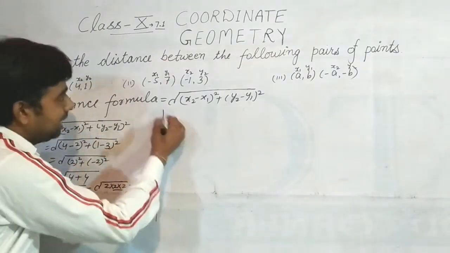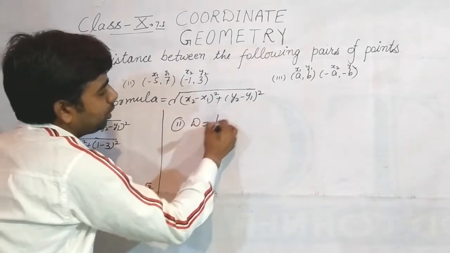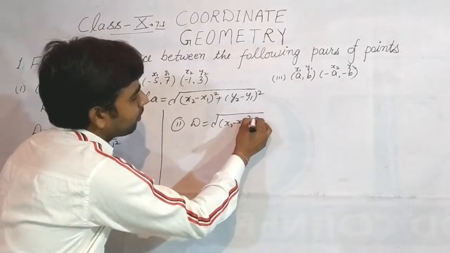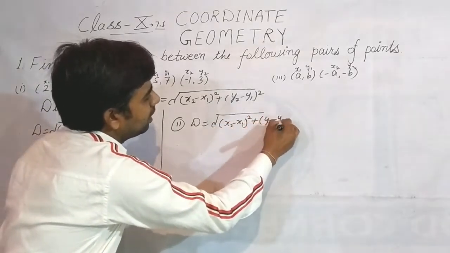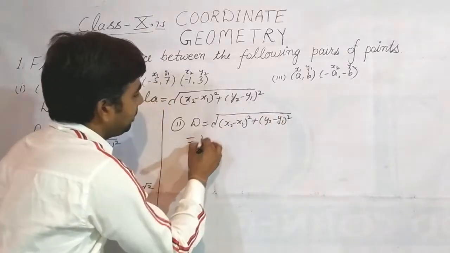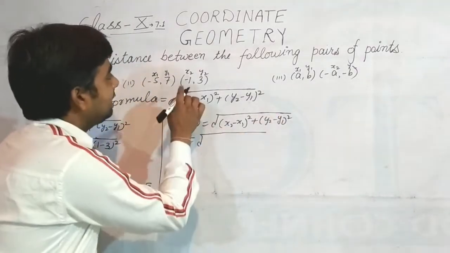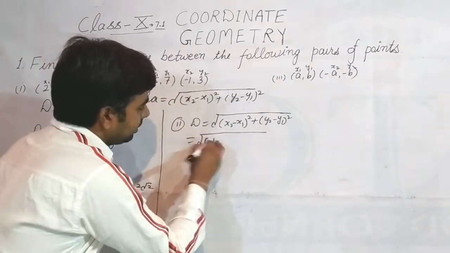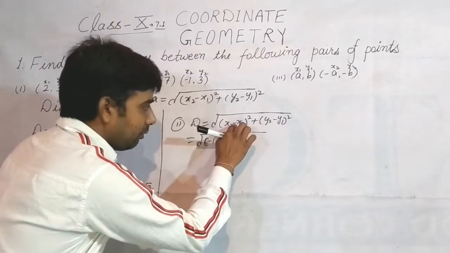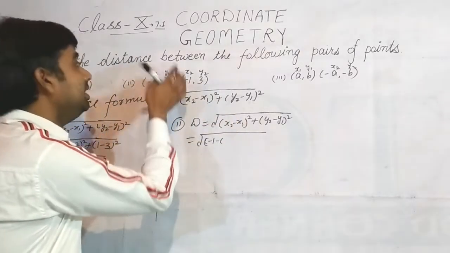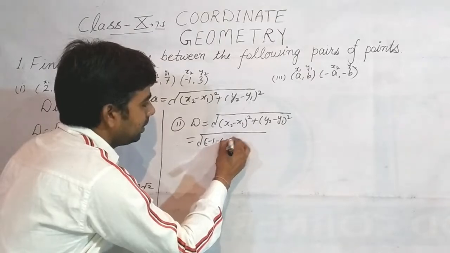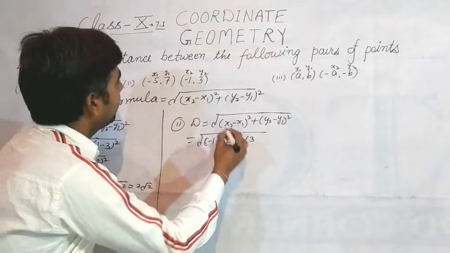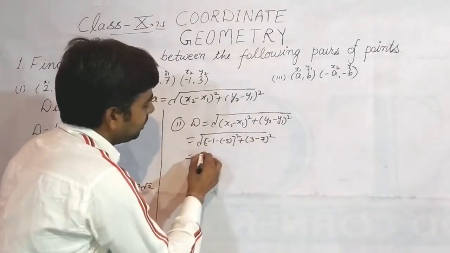Now the second part of this question. First of all we are required to write down the distance formula. What is the distance formula? You all are required to speak with me. Speak out the distance formula. Now x2. What is x2 here? x2 is minus 1 and x1 is minus 1, so there is a minus with x2 and a minus with x1. So minus 5 square. y2 is 3 and y1 is 7 square.